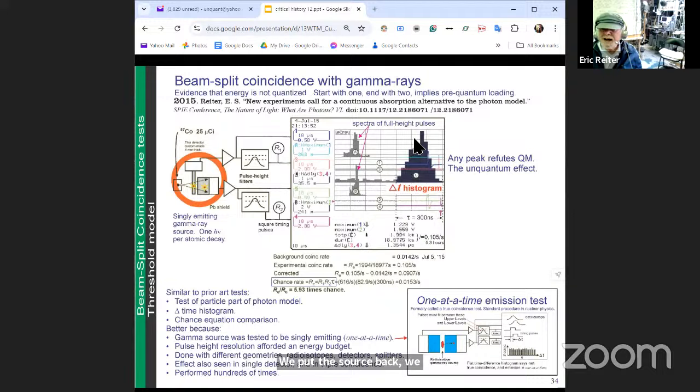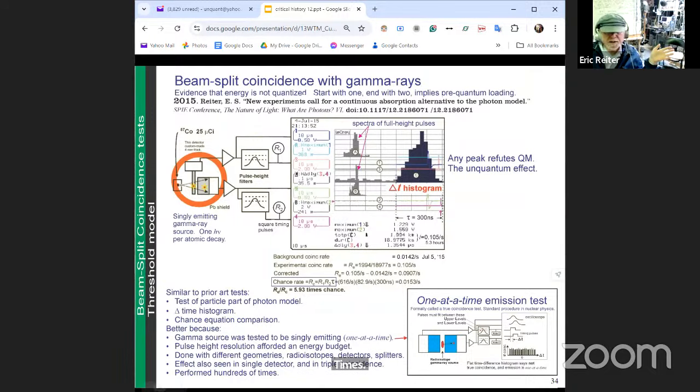We get some count rate that is read out in the oscilloscope, the peaks and the duration of time. We get a rate from that straight off the instrument. We subtract the background here. Then we take the ratio of the experimental rate to the chance rate, the same way those other two earlier tests did. And we get 6 times chance. Here, the photon model falls. And I've done this 100 different times, maybe 1,000 times,